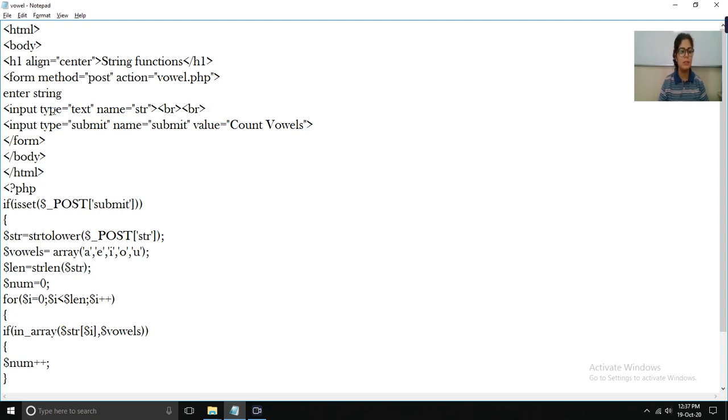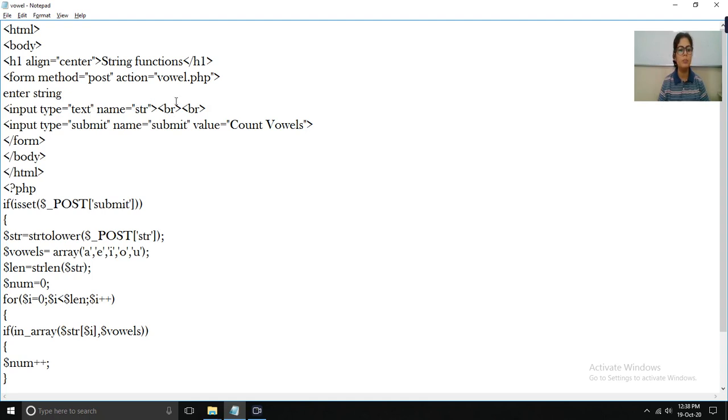Input type is equal to text. This is a form property. We can make use of this property to create text boxes. So input type is equal to text will create a text box on your web page, and name is equal to str. This is the name that we have provided to the text box. You can provide any name, but always you have to write the name inside double quotes.